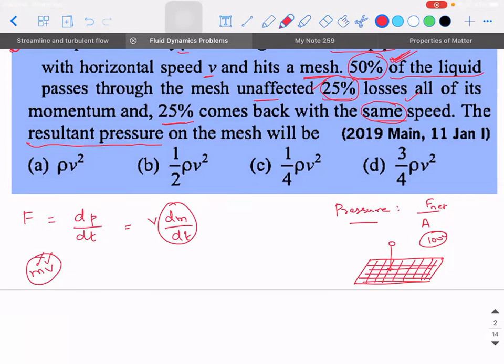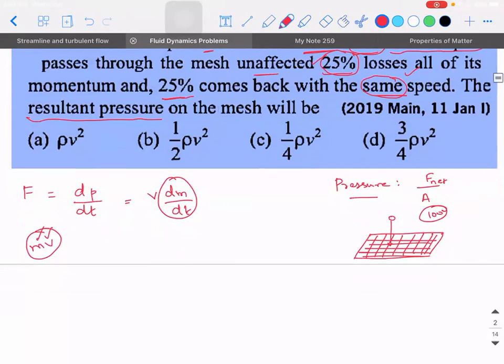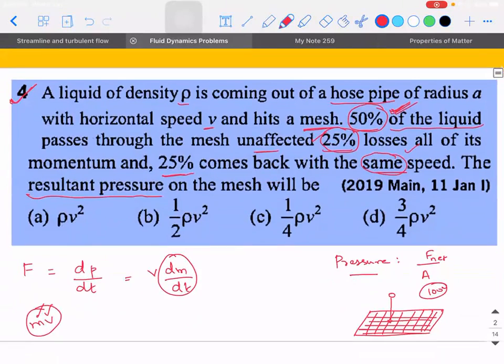Yes, sir. Right. Now my task is, how do I find the net force? So net force is exerted by whom? Is it by the 50% or the 25% or by the remaining 25%? Tell me what are all the quantities that are actually contributing to the force. I'm giving you a hint, listen to it carefully.